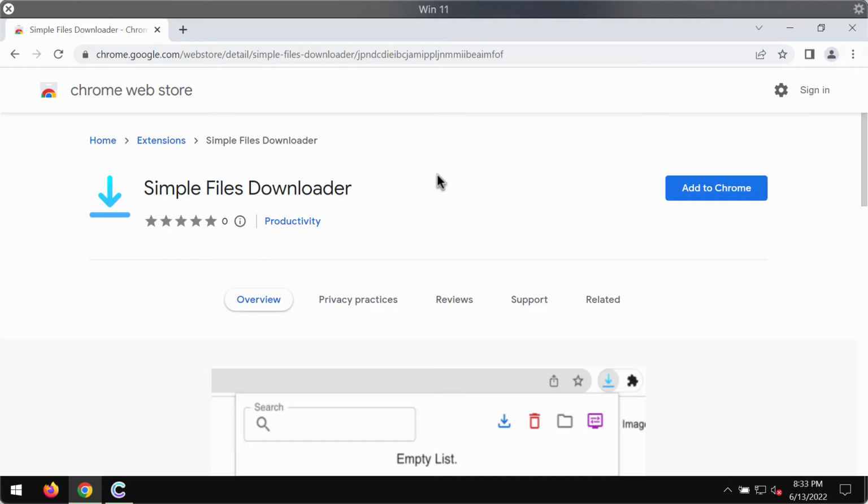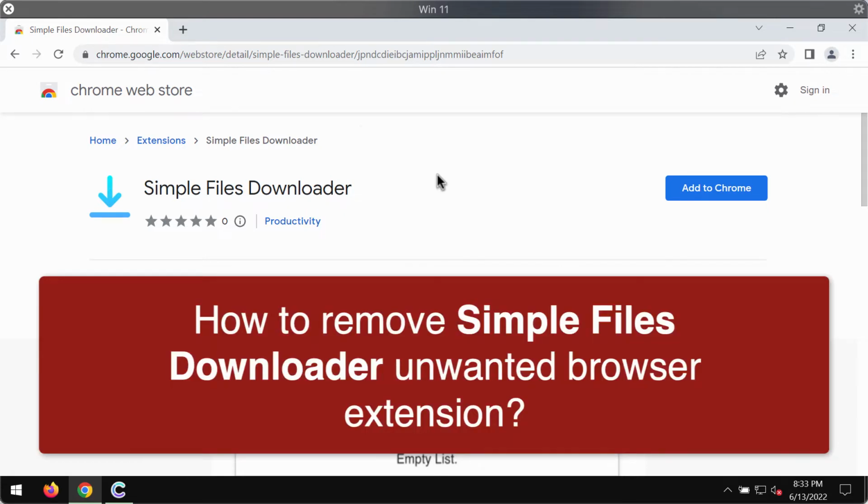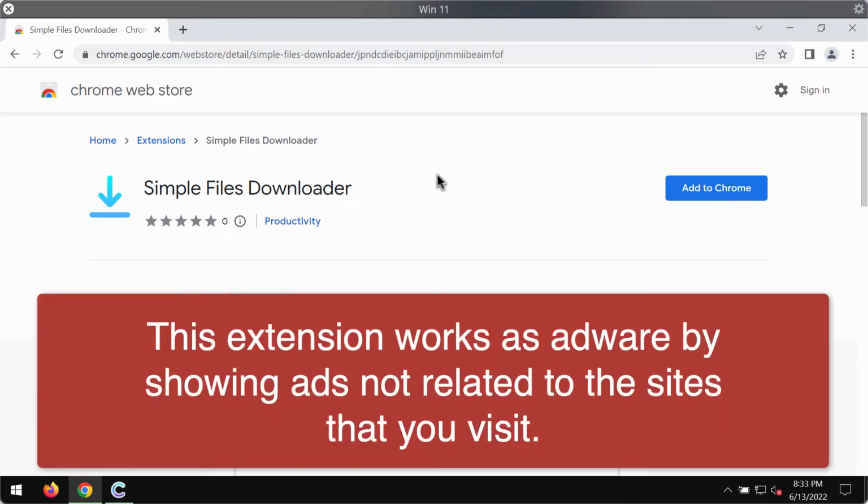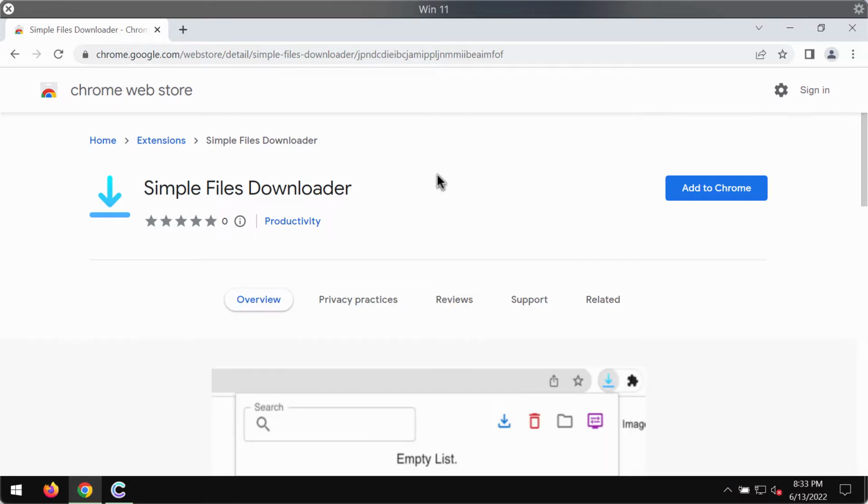This video guide is about removing the unwanted browser extension that is called Simple Files Downloader. Simple Files Downloader is a third-party extension that actually plays the role of adware. Once installed, this Simple Files Downloader extension starts displaying a lot of advertisements which are not related to the sites